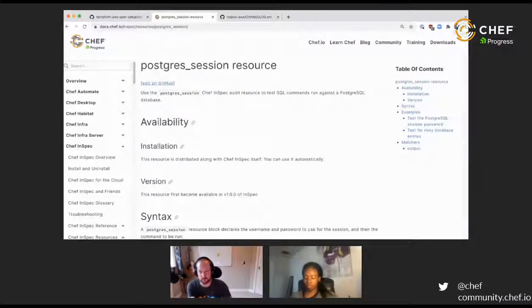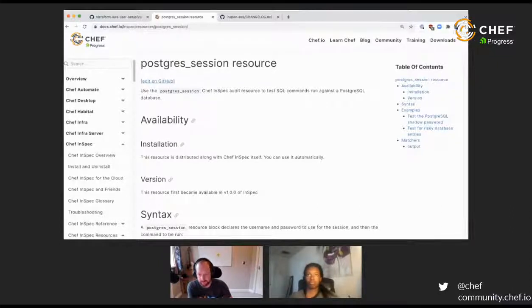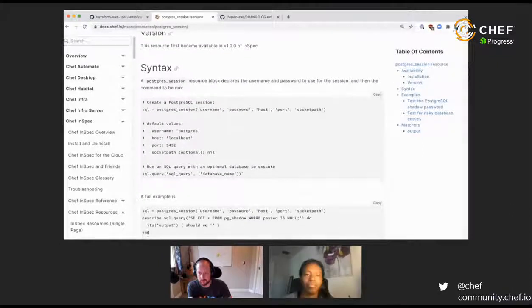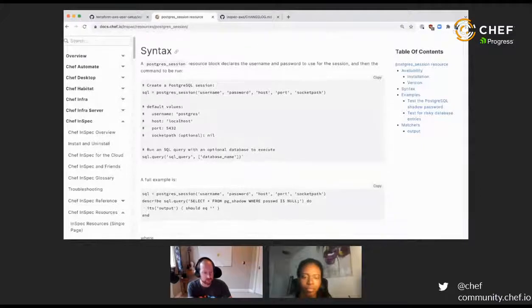The session resource is quite interesting in that you can go into the database itself and check other stuff, which is really nice, and then run queries against databases.